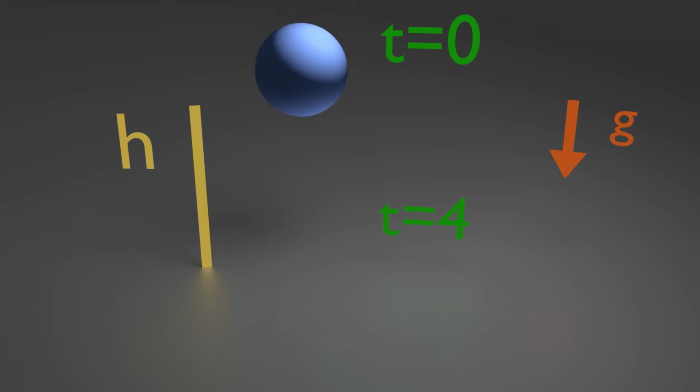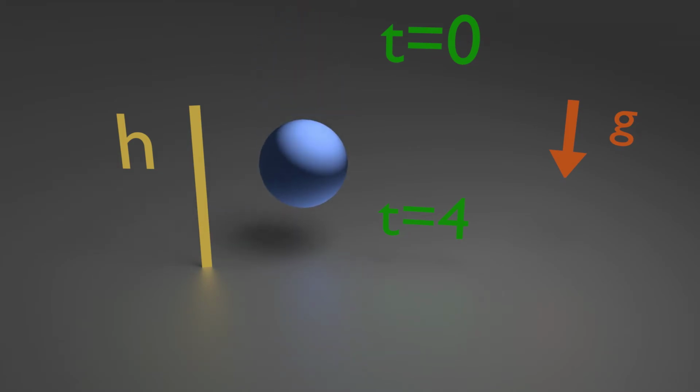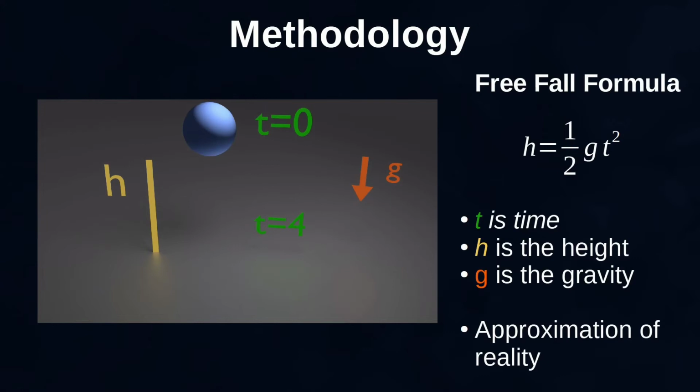Before going into the details of polynomial regression, here is a brief explanation of the free-fall formula. In practice, the height of an object in free fall is calculated by multiplying the gravity with the square of the time to reach the ground and dividing this value by 2. So, by knowing several heights and their associated times, we can then calculate the coefficient g, which will be the gravity of the planet.